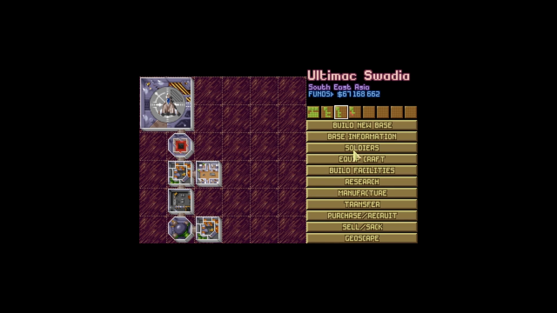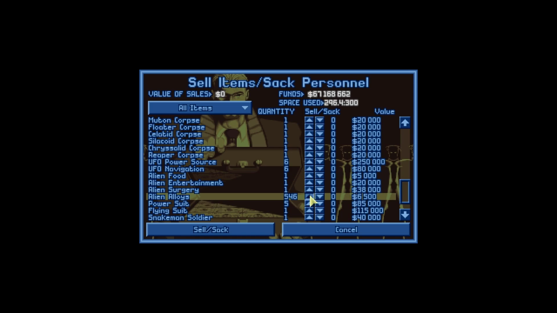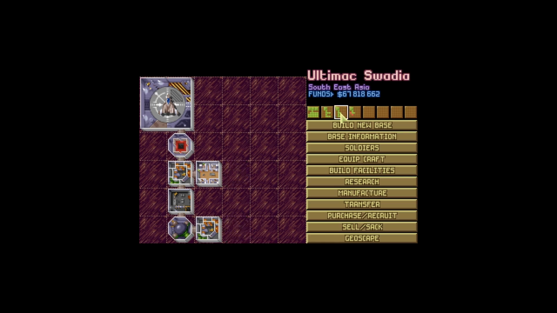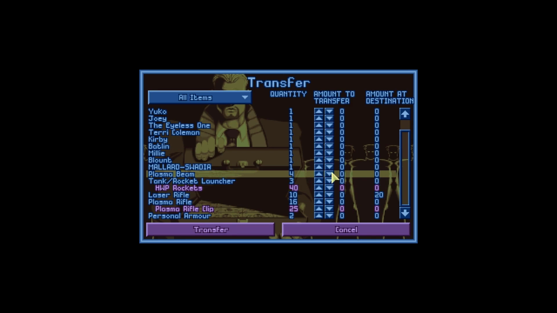We don't actually have the storage space right now. Let's sell a few things, shall we? And by a few things, I mean maybe 100 alien alloys should do the trick. That'll do it. Right. Now we can transfer over those plasma beams that we were making for the various things